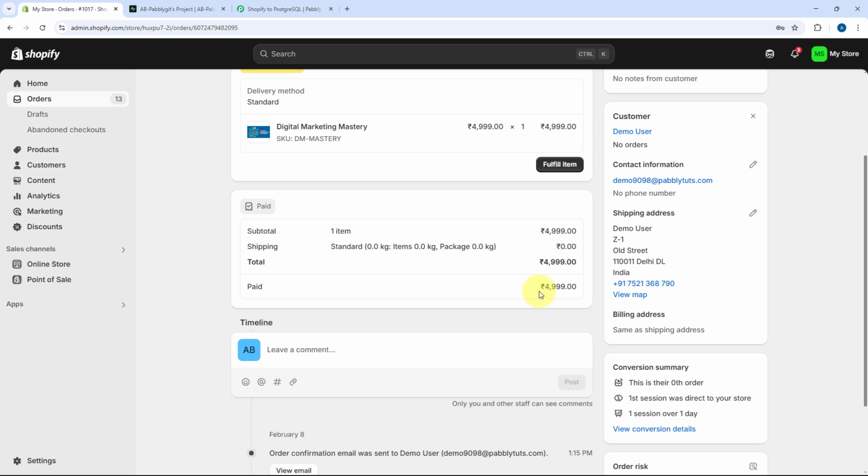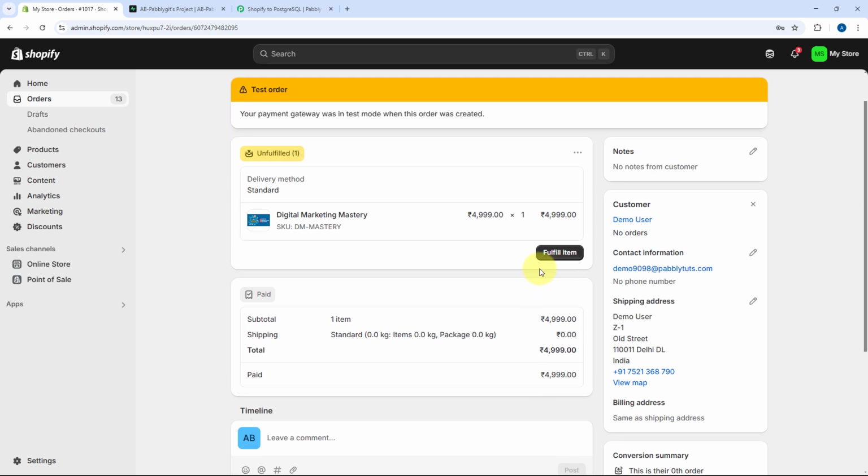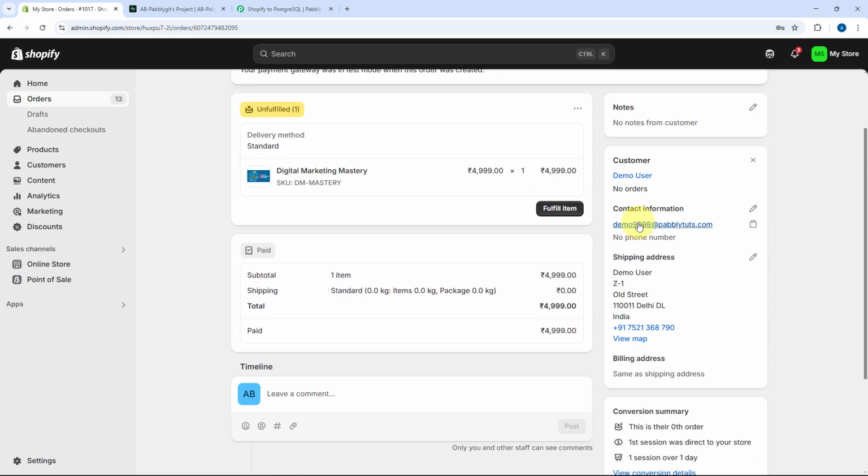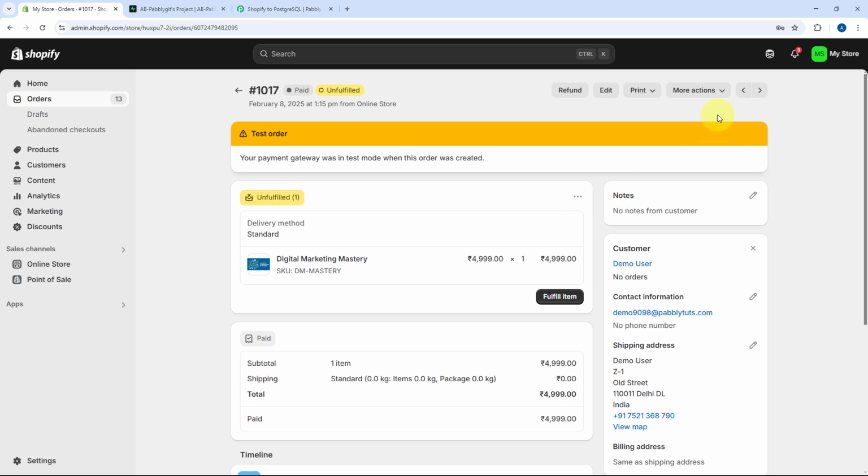The total amount is 4,999. And the name of the customer who has placed the order over here is Demo User. And this is the address and this is the email address. Now after this, what we are going to do, I'll go to More Actions and click on this Cancel Order